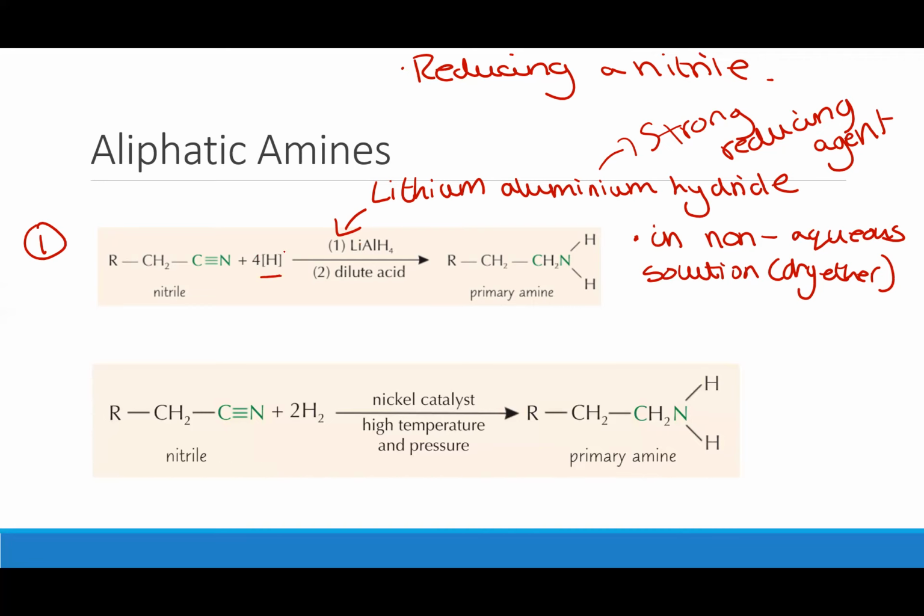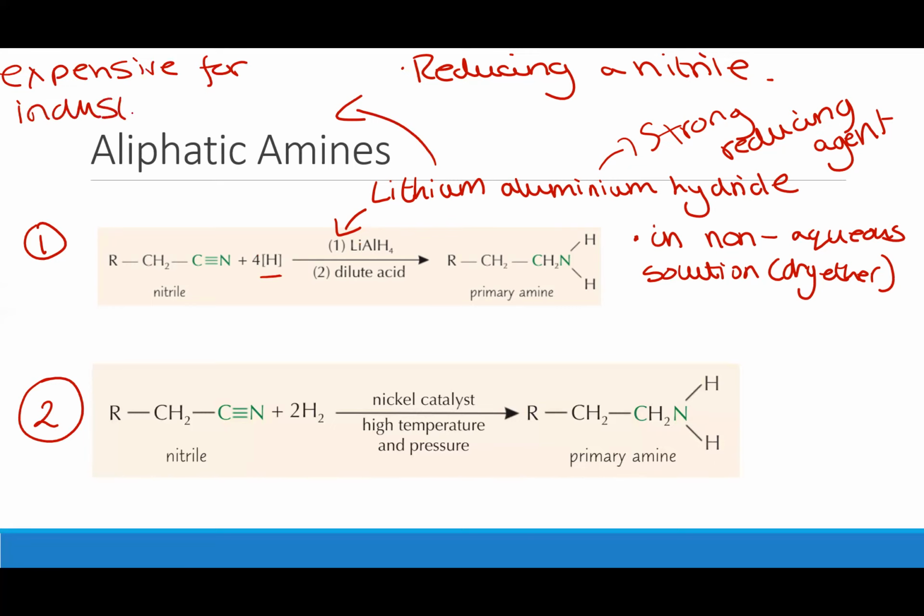Our second way of doing this, well, we have a second way because lithium aluminium hydride is too expensive for industrial use. So I'm going to just pop on here that it is expensive for industrial use. It's fine if you're doing it in the lab, doing small experiments, but if you use it in industry, it's too expensive. So in industry, we reduce nitriles using hydrogen gas